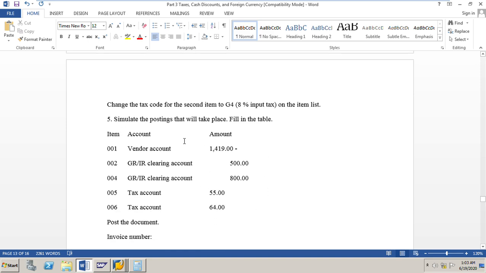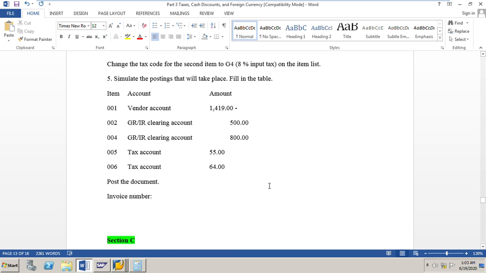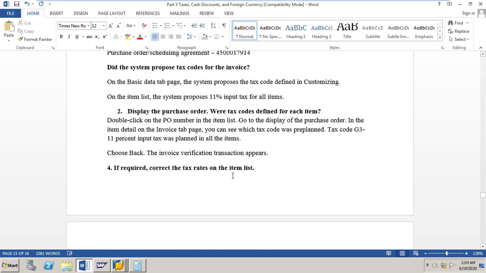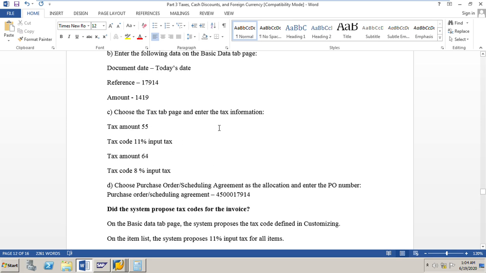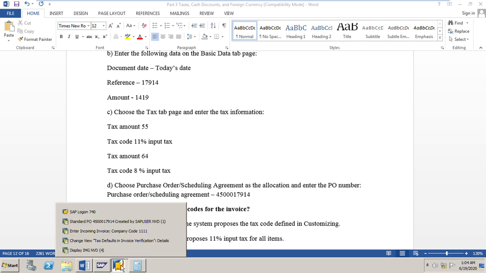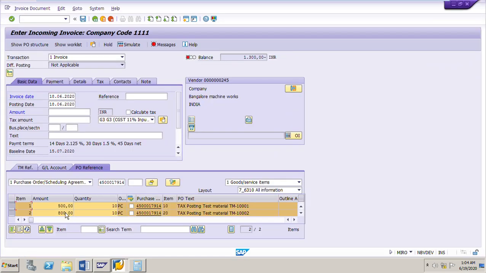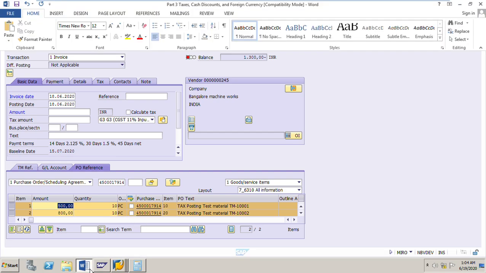Now simulate the postings that will take place and fill in the table. For the first line item, the tax code is G3, which is 11%. The amount for the first line item is 500. 11% of 500 is 55 rupees.